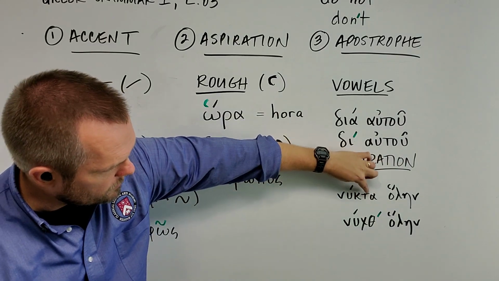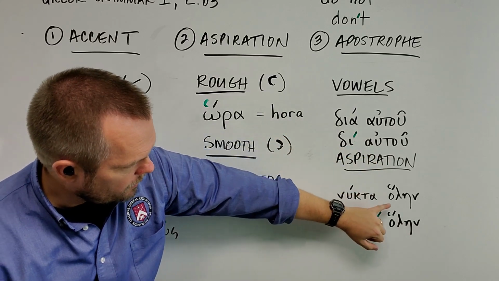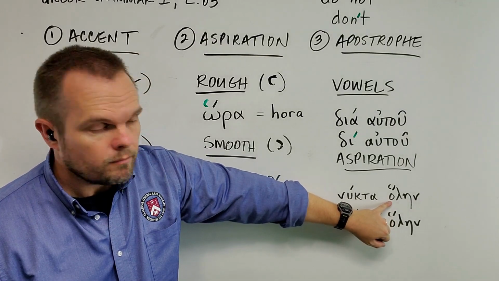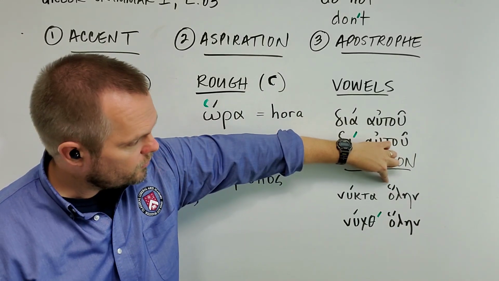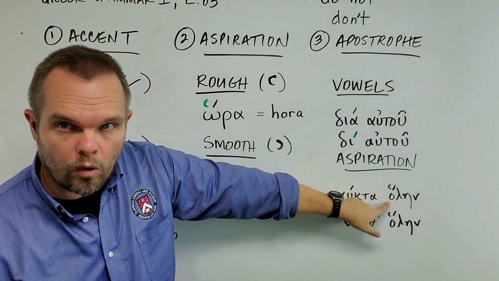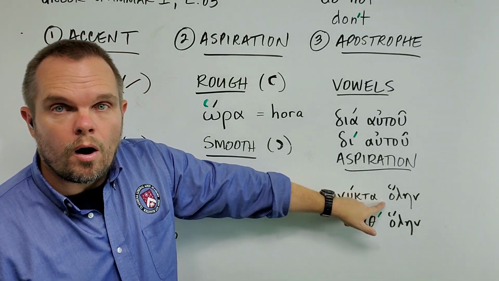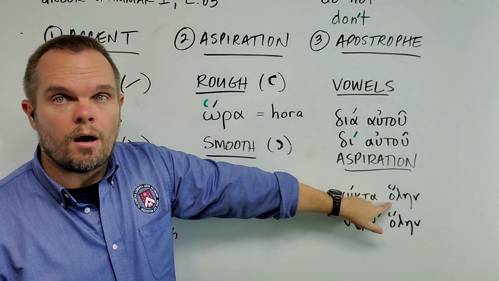Nukta. Nukta. And then we have this second word. We have an omicron marked with a rough breathing. So it's not going to be O, it's going to be ho, rough breathing and omicron,